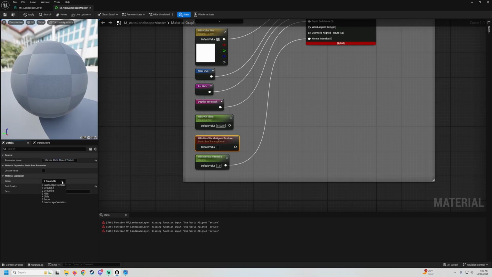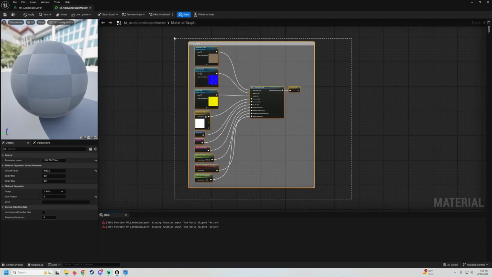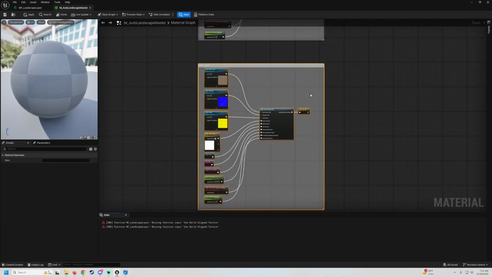We'll go ahead and group these into hills, and then we'll plug these in like so. Then we can go ahead and pull this whole group back up into place,